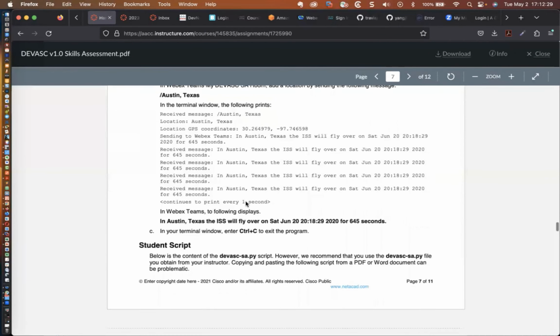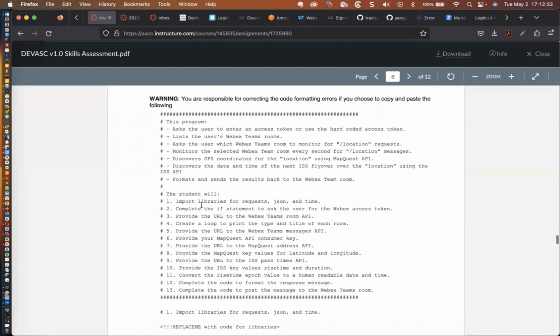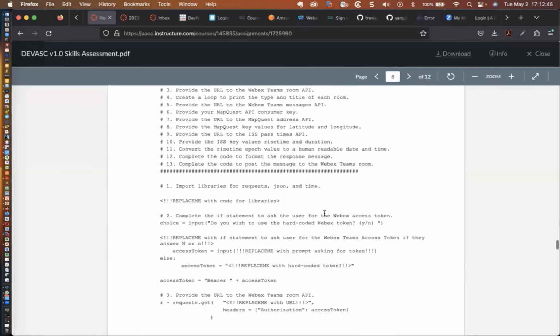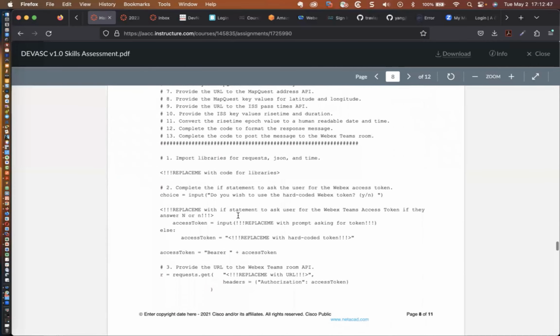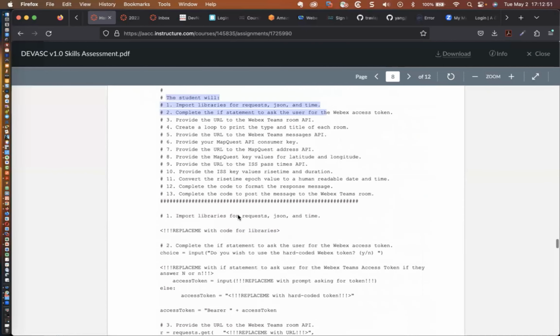And make sure that you take a look at this and run this, or run your program. And you can see right here, the student will import libraries for requests, JSON, and time. So you guys know how to import libraries. Then you're going to complete the if statement below. And you can see they actually give you a lot of the code, and then you're going to need to